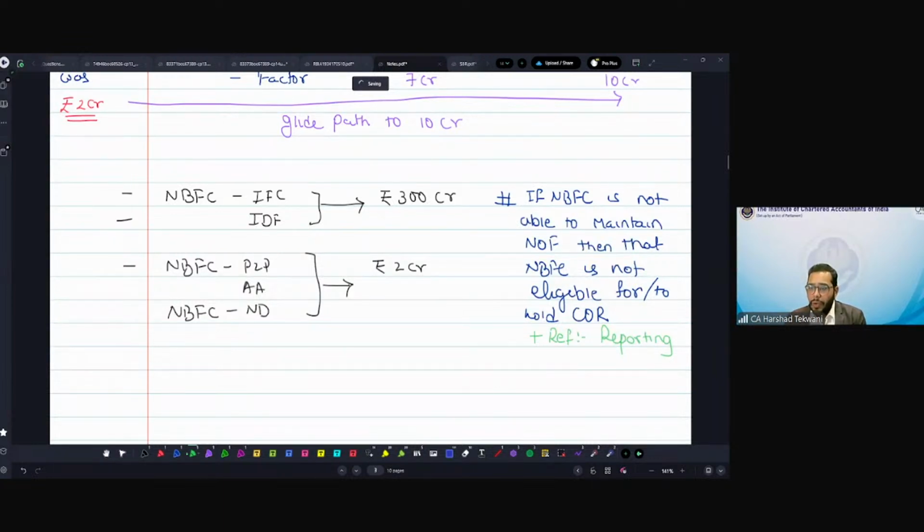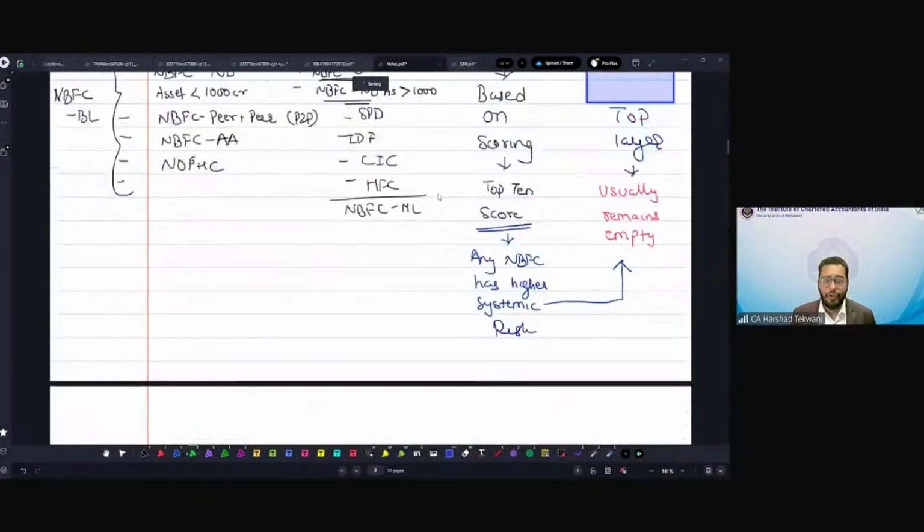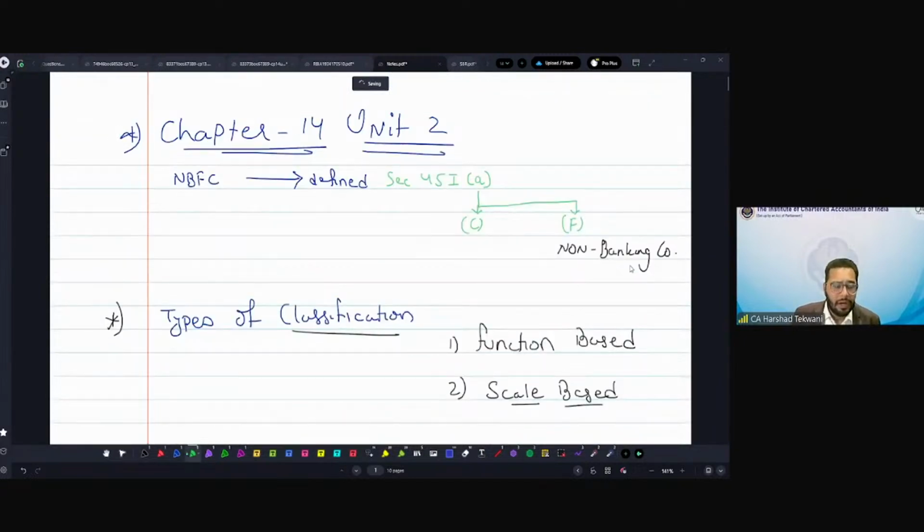Okay. Now, if no doubts, then there is one more point that I specifically did not discuss till now, but it is important. When we were discussing the definitions of NBFC, the activity type in 45-IA, in that there was CNF, that is, non-banking company, and another was financial institution. Now, over there, there was a term which was known as the principal business. If I go back to your act,